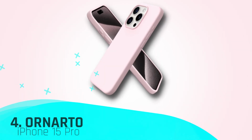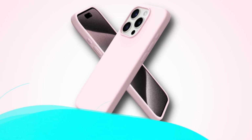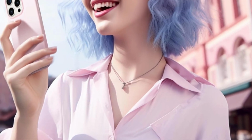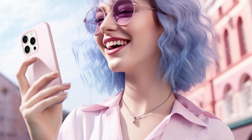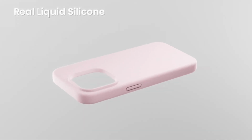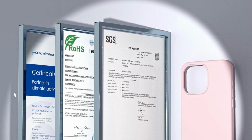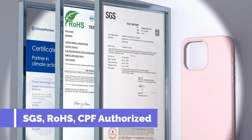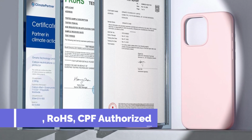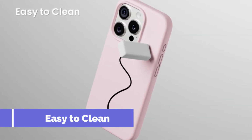Number 4 in our top today is the ORNARTO iPhone 15 Pro case. Step into the epitome of sophistication and functionality with the ORNARTO iPhone 15 Pro case, a true masterpiece crafted from premium liquid silicone. This case sets itself apart utilizing real liquid silicone that surpasses the quality of over 95% of silicone cases. It offers a two-layer construction for reinforced toughness and an irresistibly smooth touch, ensuring your iPhone experience is